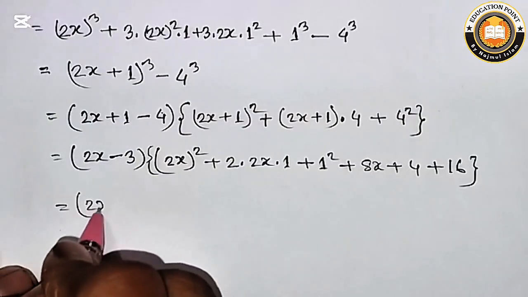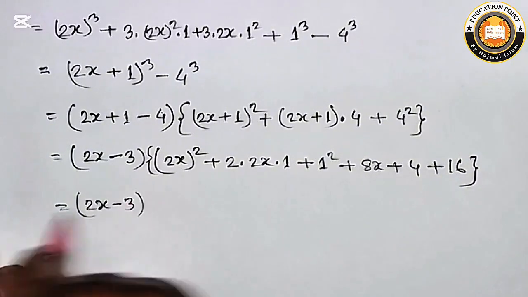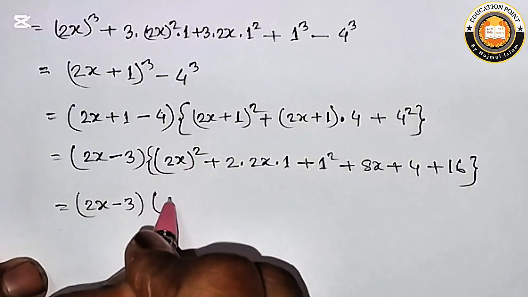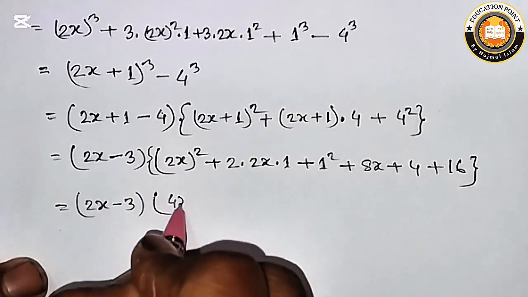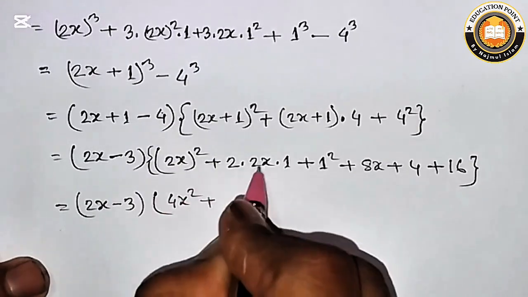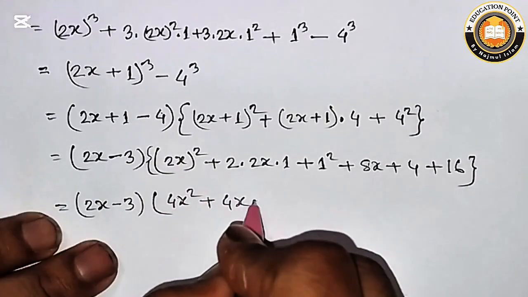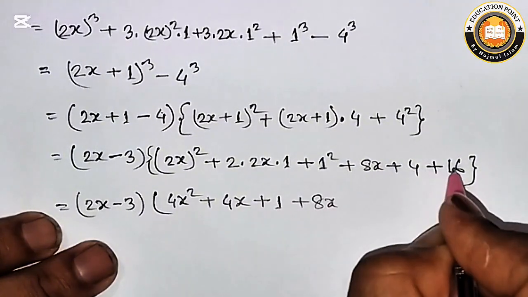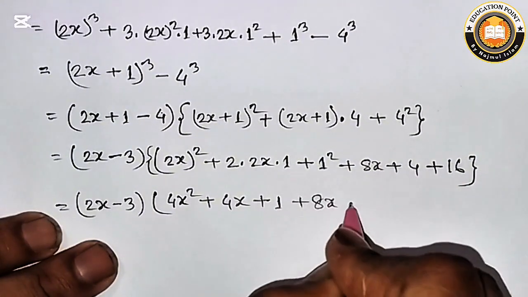Equal 2x minus 3 into square value of 2x equal 4x square plus 2 into 4x into 1 plus 8x added value of 16 plus 4 equal